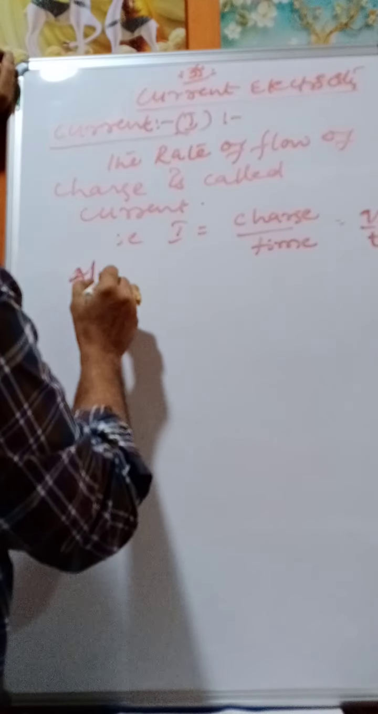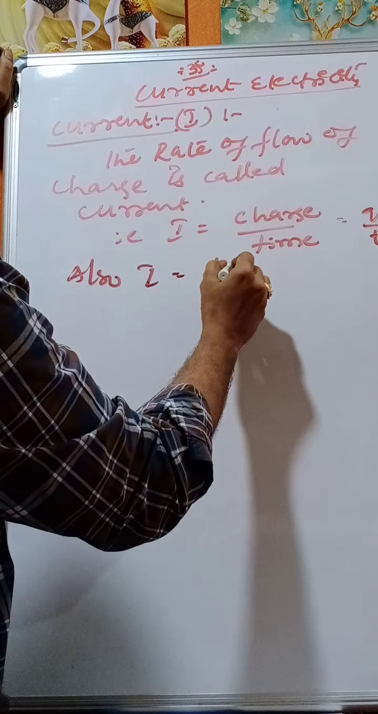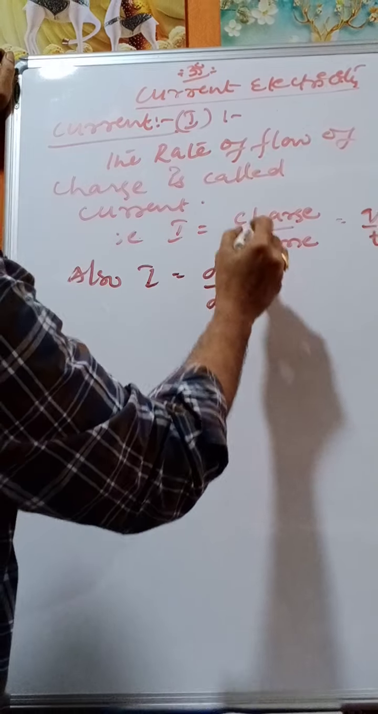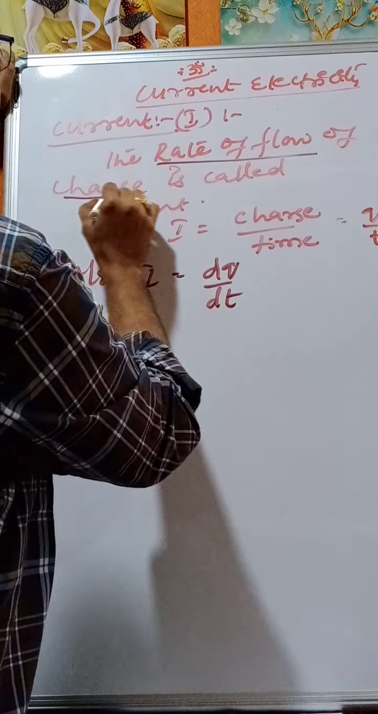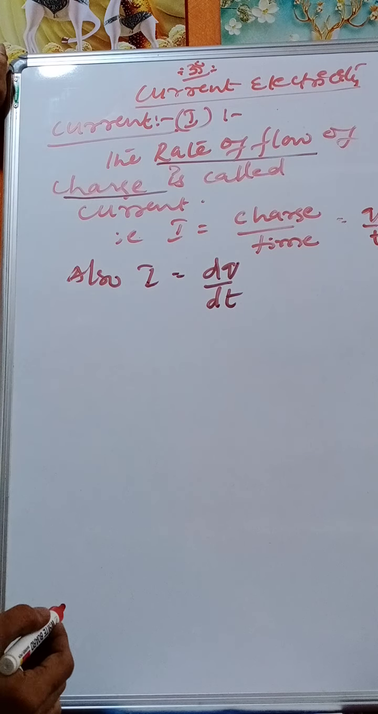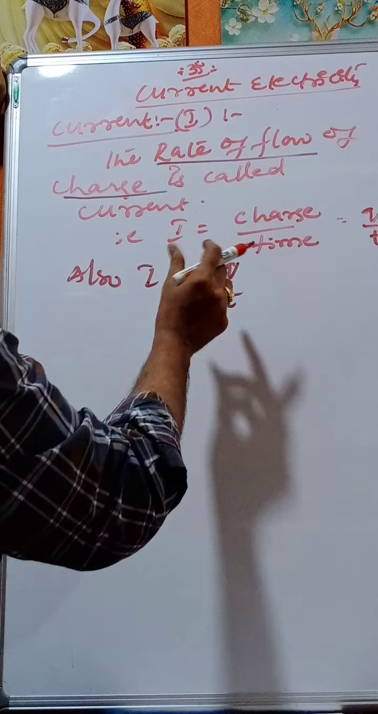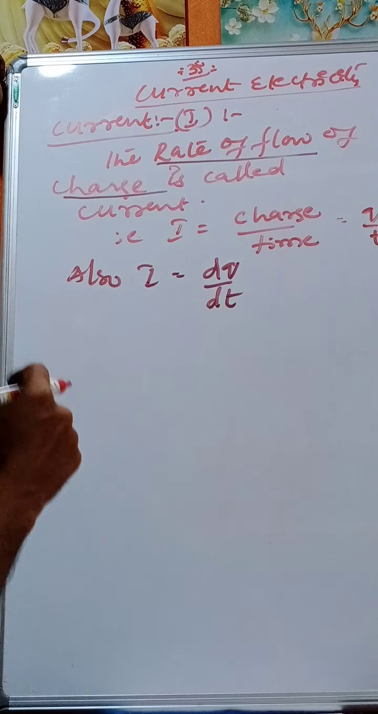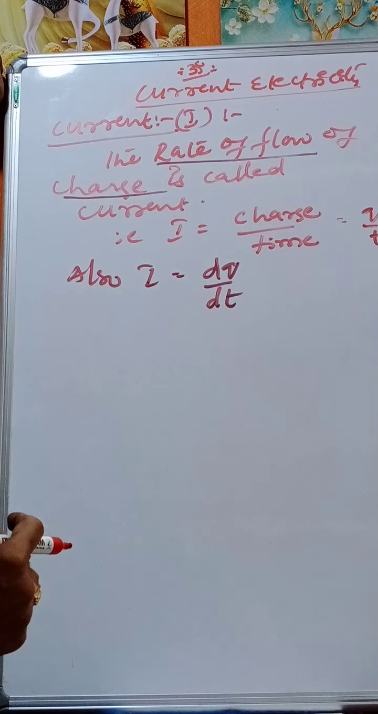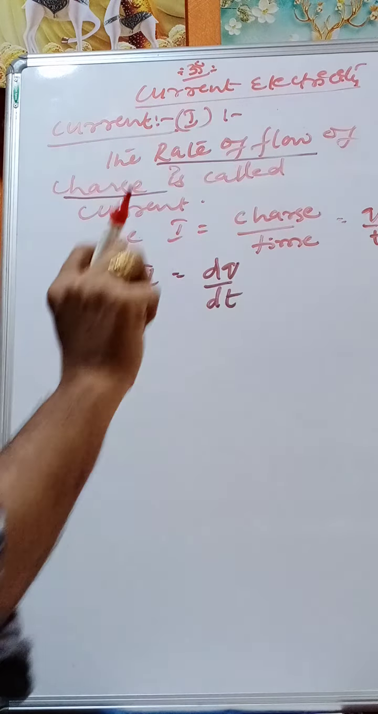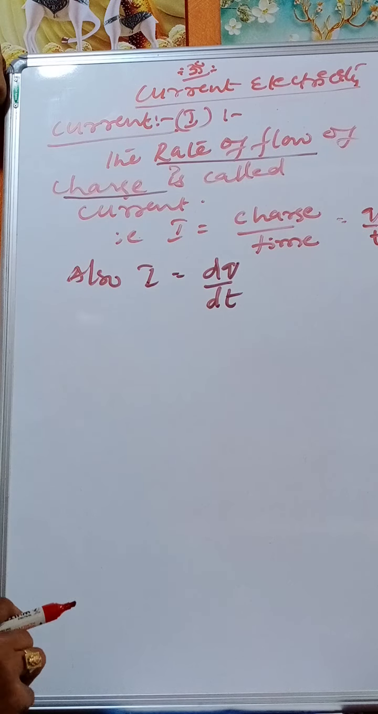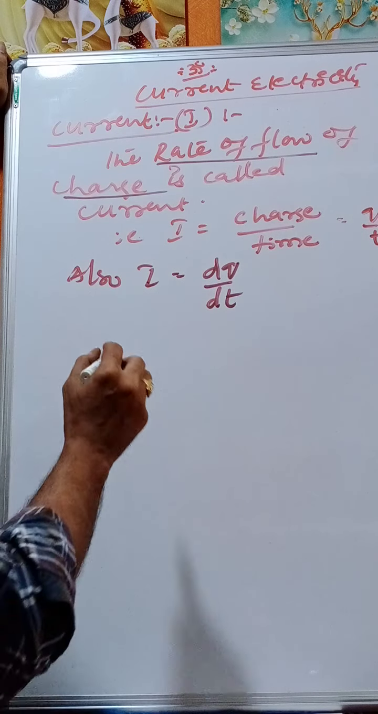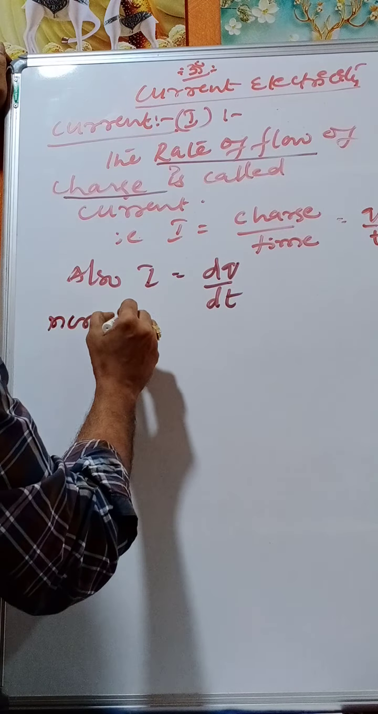Also, we can say I is equals to dQ by dt. As mentioned, rate of flow of charge means dQ by dt. Change in the charge with respect to time in a particular cross section is called as current. And more precisely we can write